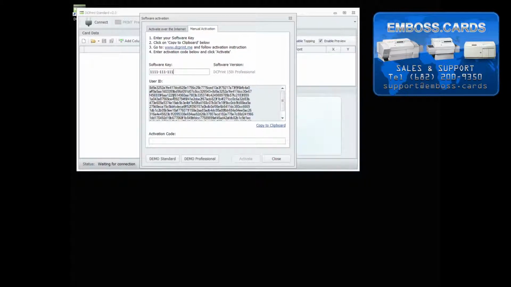And then down here, you will see below that a user ID, that if we click on copy to the clipboard, it'll say copy to clipboard successfully. We're going to need that information. Once we've copied that, we're going to have to paste that into an email and send that in to us